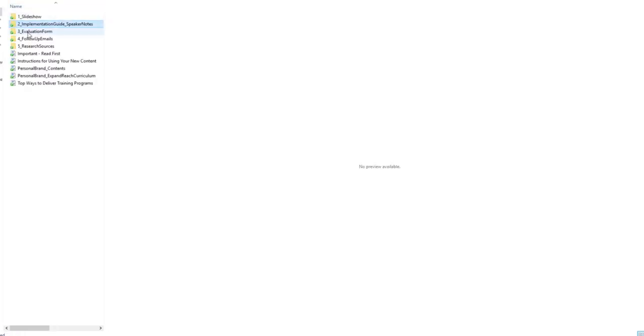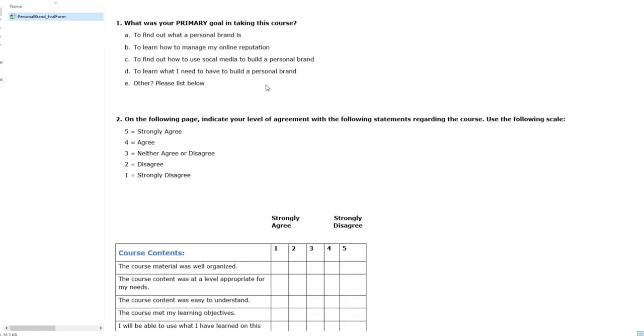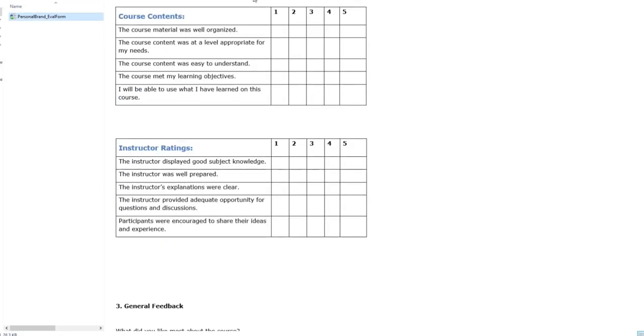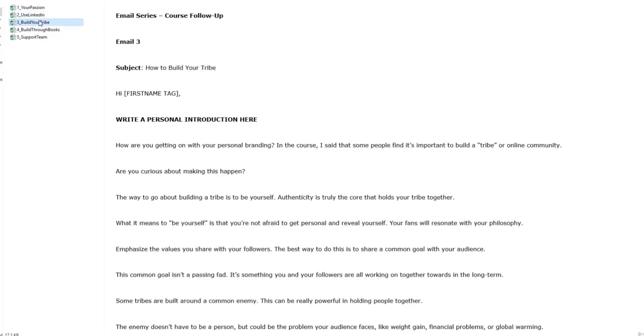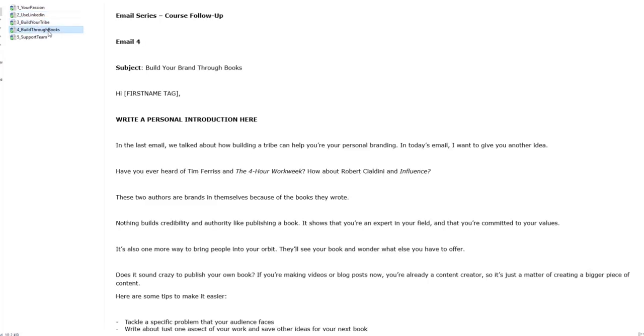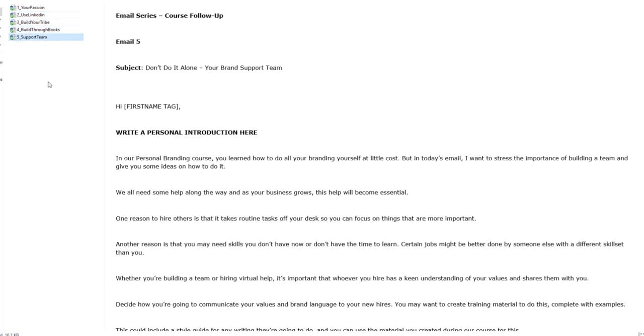There's an evaluation form here. That's great for handing out to people, to your students after the course to get their feedback. Some follow-up emails, and we start you off with 5 here. Basically, after people have taken the course, you want to keep in touch with them with your own emails, but also other tips. So here we've provided 5 that have some different tips to help reinforce the learning, and then